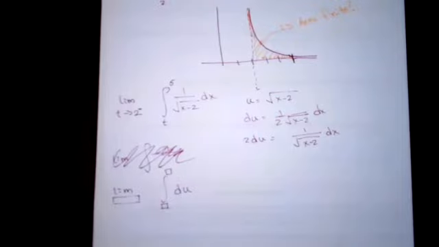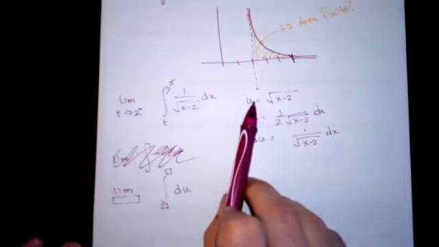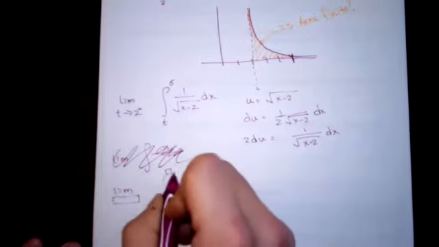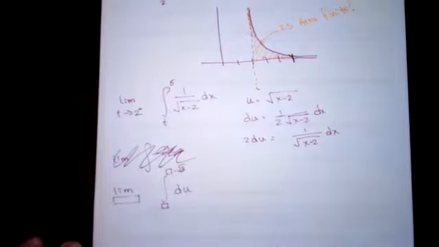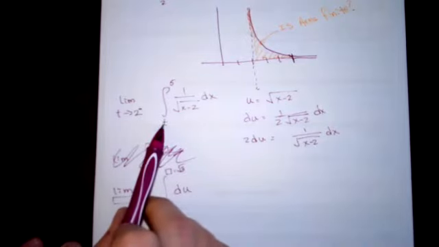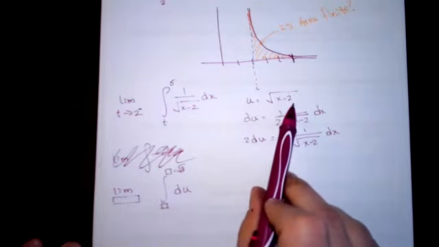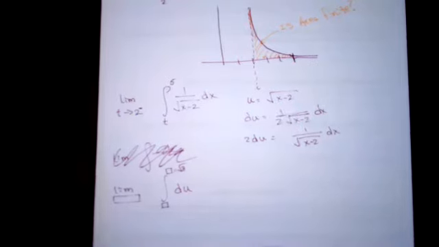Or you don't have to. So again, you would approach this the same way you would if you want to find your limits. If you want to plug in the upper limit for x, this guy here would be square root of 3, if you want to fill in that box. The lower limit, even though it's a t, it would be u is square root of t minus 2. So this is why I'm just going to do it the other way. I'm going to leave the boxes blank for now, back substitute for my x's, and then plug in the values we need.